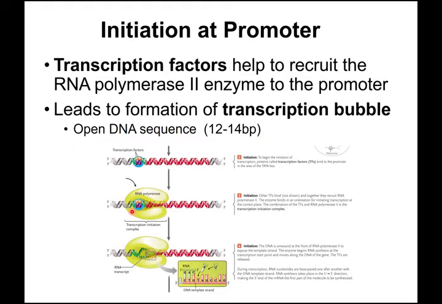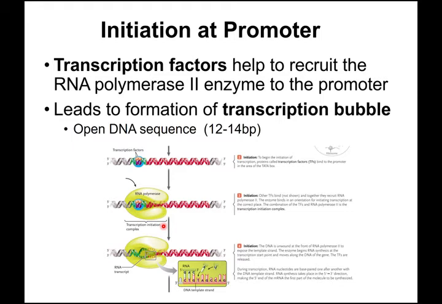So summarizing here, in the initiation step, which takes place at the promoter, the entire machinery that turns on transcription is put together at the promoter. This is done through transcription factors that bind to specific sequences and they recruit the RNA polymerase, and this leads to the opening of a transcription bubble here, which then will give access to RNA polymerase to the specific sequence of the one of the two strands that is supposed to be copied. Okay,